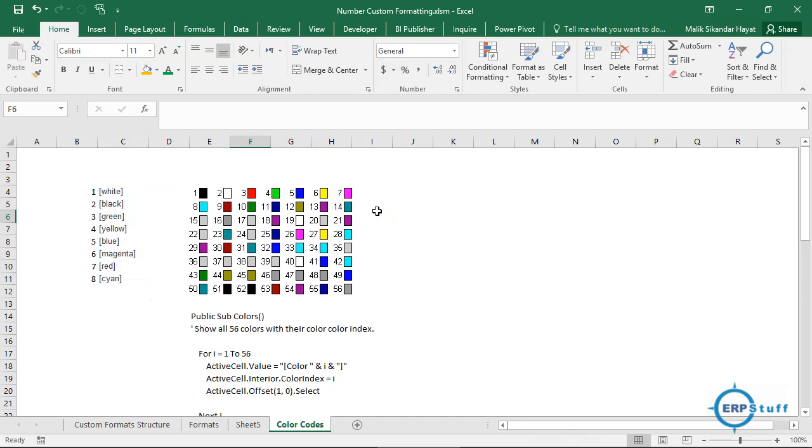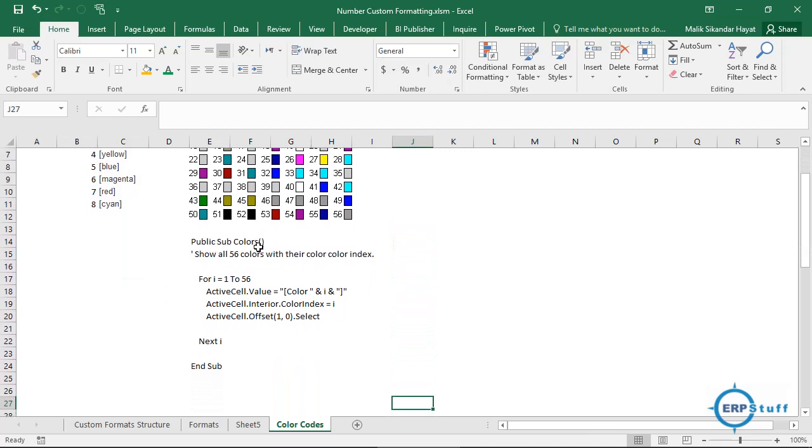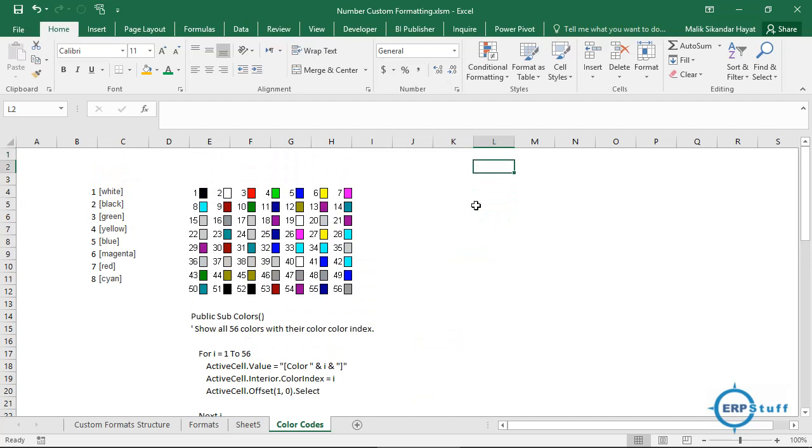Now you will not remember these numbers. So what I did, I wrote a very small VBA code here for colors, where I am just looping down in this and taking 50. There are a total of 56 colors, by the way, available for this in Excel. So now what I will do, I will just run that macro over here, somewhere here.